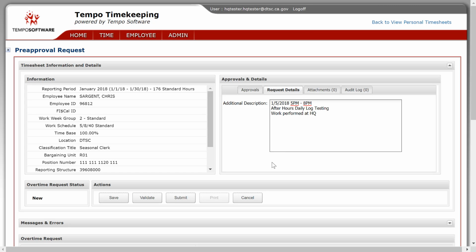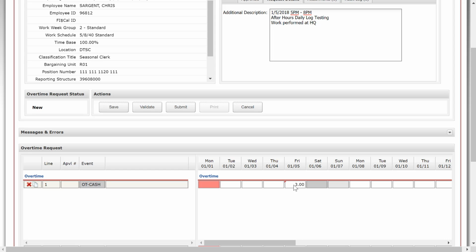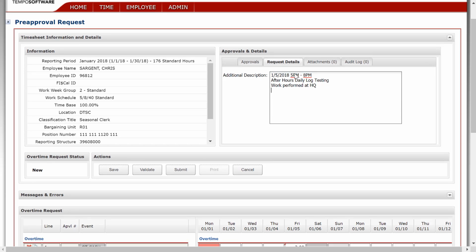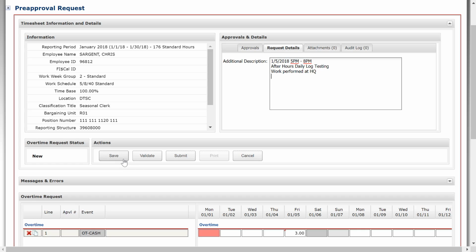So I'm going to just paste mine in here. I'm working, as I had indicated down here, on the 5th. I'm planning to work those 3 hours between 5 p.m. and 8 p.m. The reason for the overtime is that I'm going to do some testing on the new daily log system. I'm going to perform that work at headquarters. So that's really about all I need in the request. I can go ahead and save that